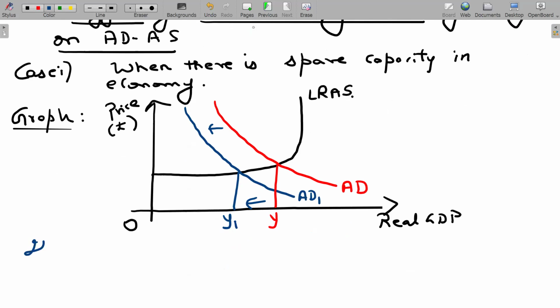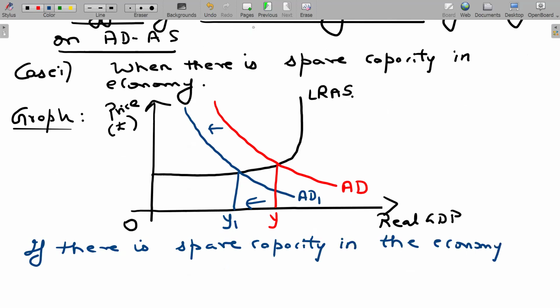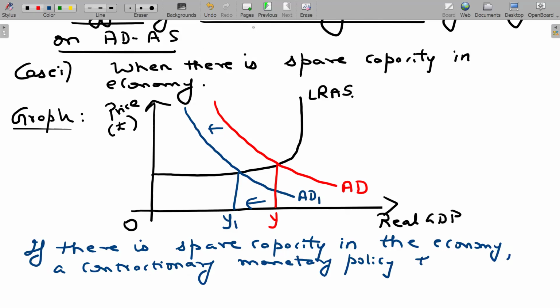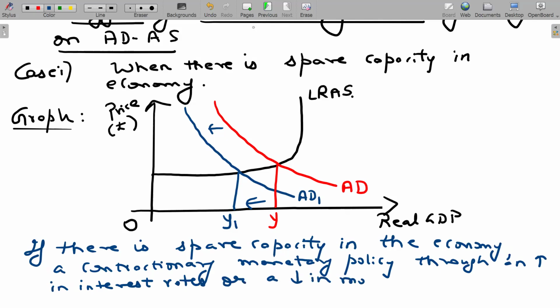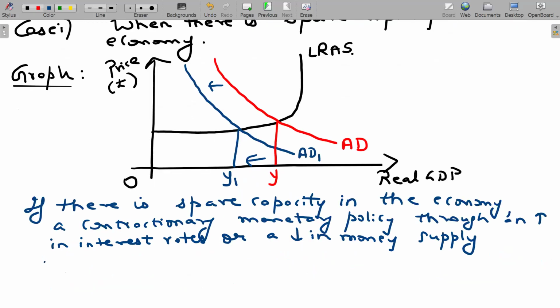So I can write that if there is spare capacity in the economy, a contractionary monetary policy, through an increase in interest rates, or a fall in the money supply, would